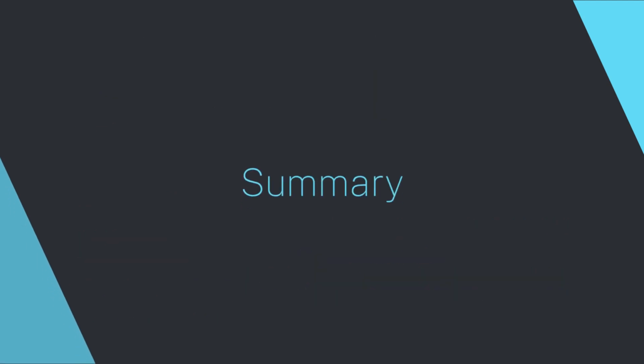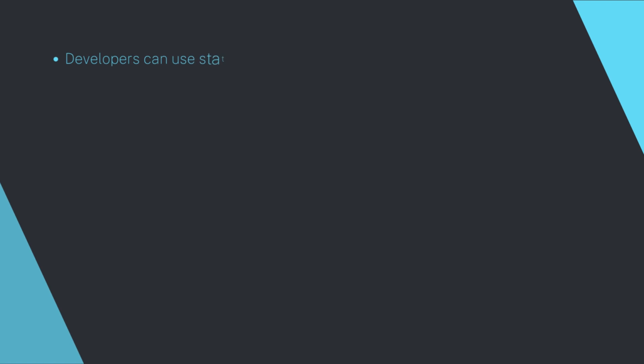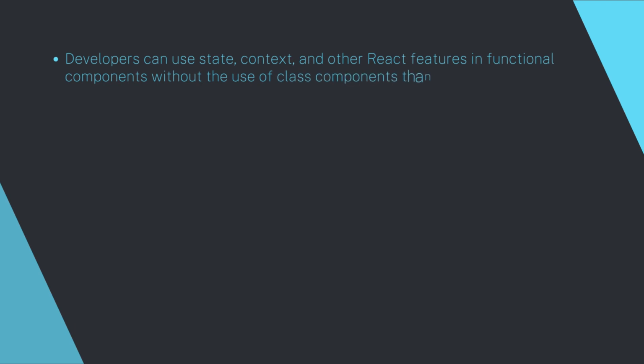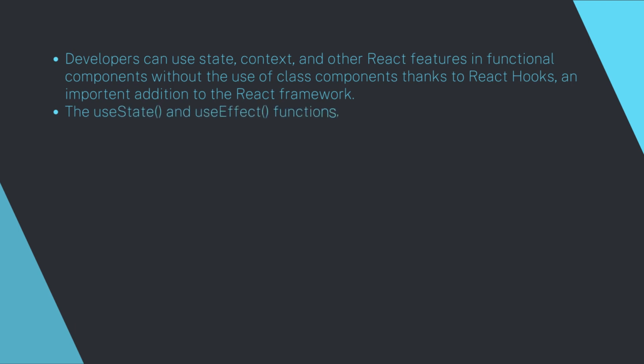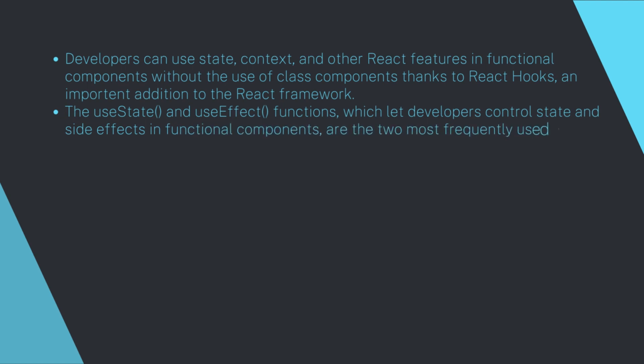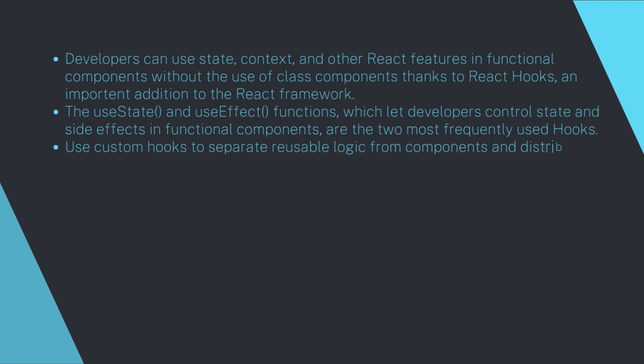Let me summarize for you. Developers can use state, context, and other React features in functional components without the use of class components thanks to React hooks, an important addition to the React framework. The useState and the useEffect functions, which let developers control state and side effects in functional components, are the two most frequently used hooks. Use custom hooks to separate the reusable logic from components and distribute it among various areas in